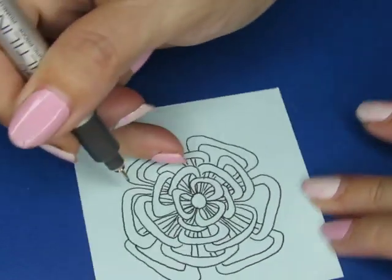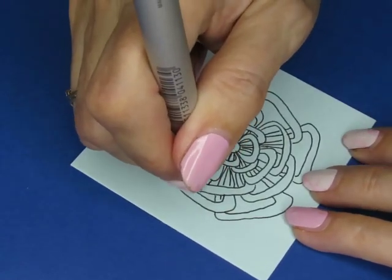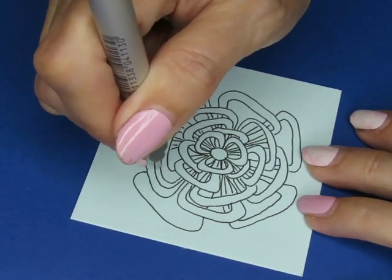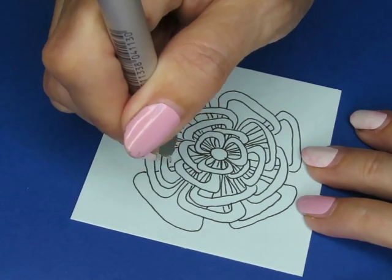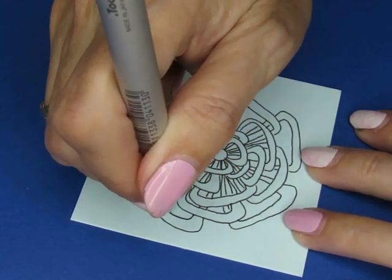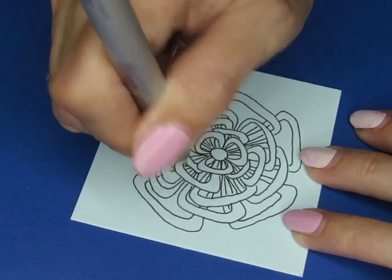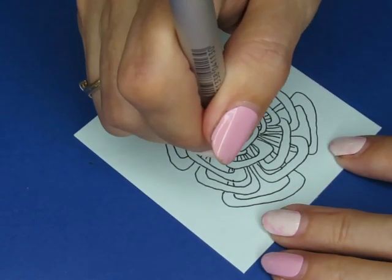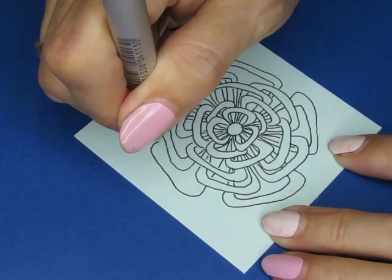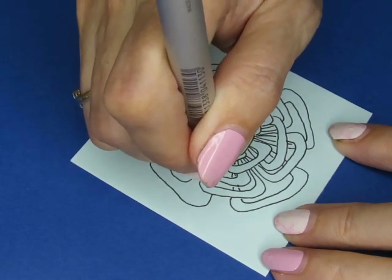So, my question is, what am I going to do about it? I have a couple options. I can try to figure out how to do a voiceover. I've never done that before. I can try to figure out how to just edit it with some